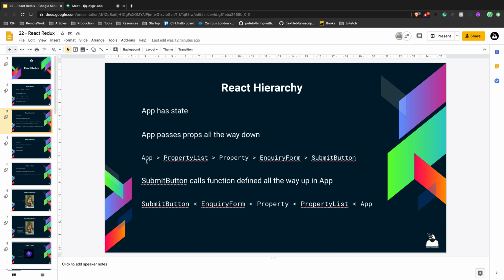So before Redux, we normally had something like this: we have an app, then a property list, we pass something into the property list, then into property, then into a query form, then into submit, and submitting something, and going back because we're triggering something, right? So starting from submit, going back to inquiry form, then to property list, app. And this is how React works without Redux, right? You need to pass your props through the whole hierarchy,